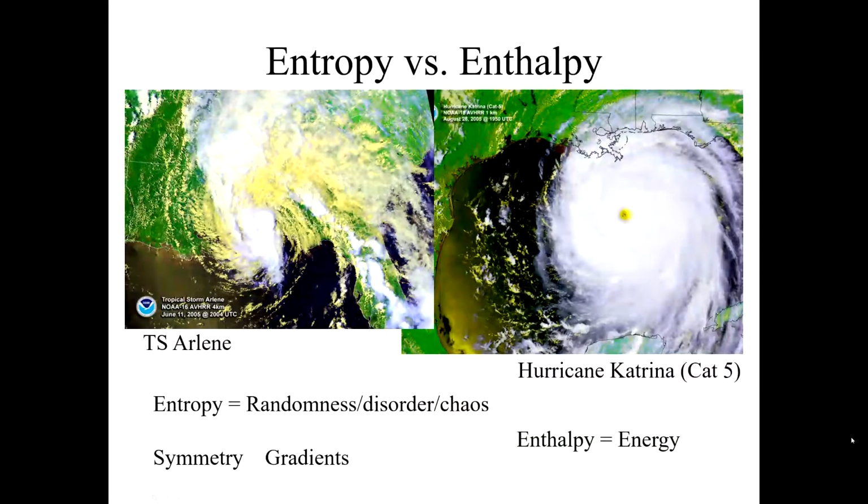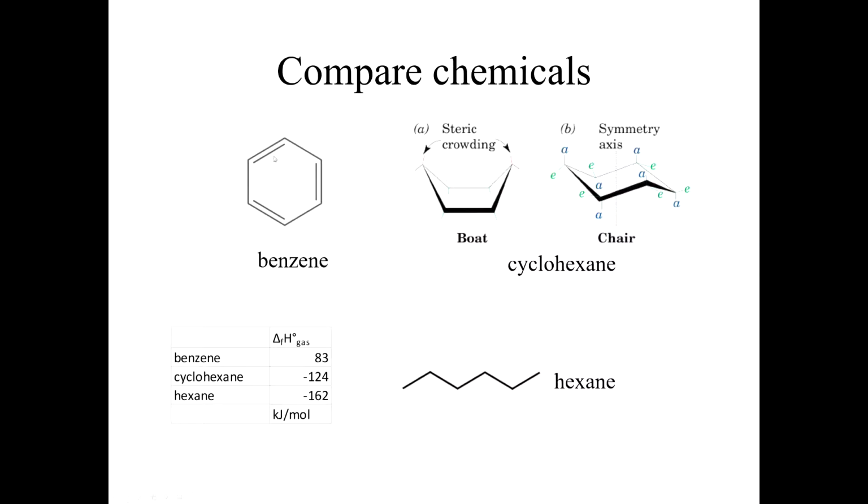So here's an example of our friend benzene. I'm going to talk about benzene a lot in this class because it's a very common chemical. Benzene has radial symmetry. It's got actually 12 planes of symmetry, like here, here, here, here, here, here, and here. So 12 planes of symmetry, plus it has a plane of symmetry that is in the plane of the molecule, basically in the board here. That's a plane of symmetry. So it's got a lot of symmetry.